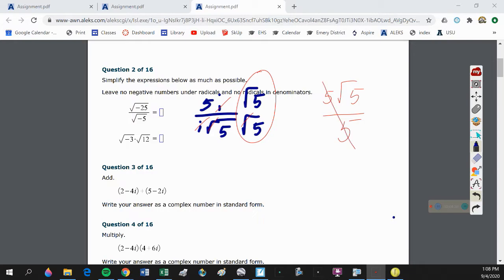And then the 5's cancel, and I get the square root of 5. Now, is that better or worse than 5 over root 5? That is more simple, right? That's why we rationalize the denominator, because this form is more simple. It won't always end up looking like that,